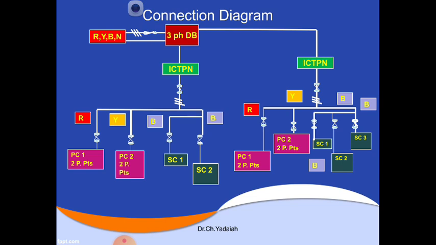Last class we saw the approximate rates also. So you prepare one schedule. The schedule will give the quantity of the materials, the approximate cost, and the specifications, which is easy to understand. Now finally we are going to calculate the labor cost. That is the labor cost, it indicates the labor cost.